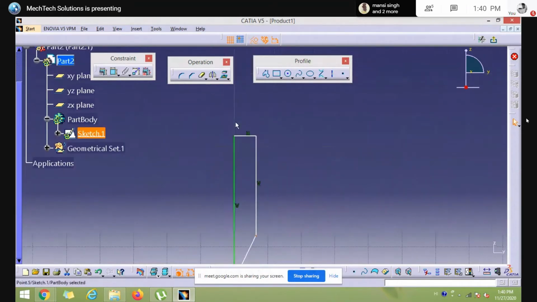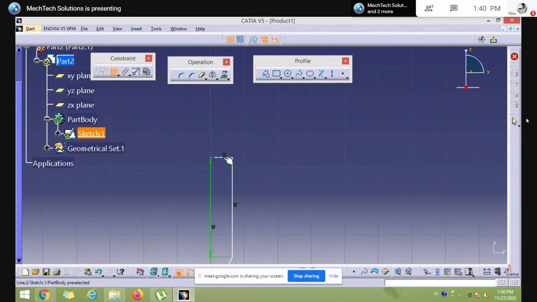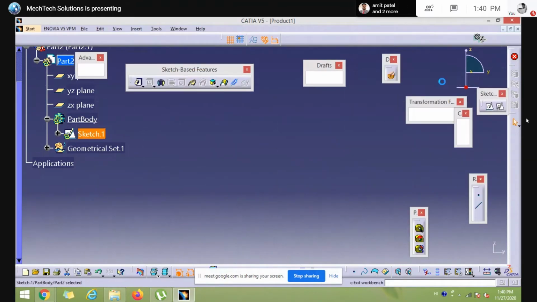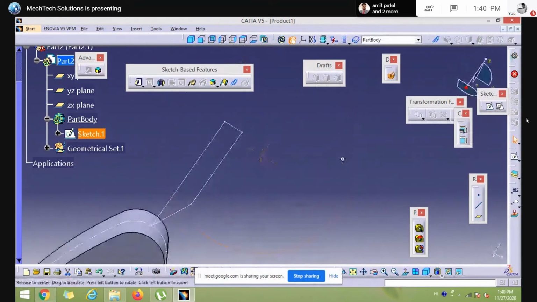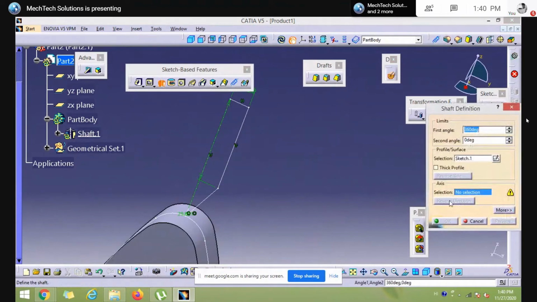Okay, and what should be the length? Whatever you want, you can specify the distance. And now what option will I use? That is the shaft. Click on shaft. Need to define the axis.